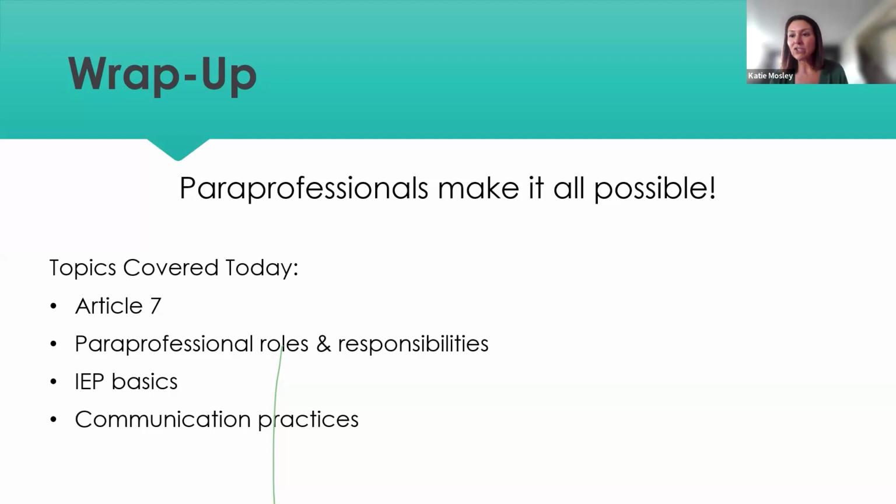It also talks about students who are homeschooled, because even though a student is homeschooled, they could still qualify for special education services. So it talks about how to handle those situations. If you ever have a question about it, I'm more than happy to answer it. And if I don't know the answer, I'll go to Article 7 for you and find that answer out. It's really important to know that it is our law that we have to follow, and everything's in it. And it is online, and there's a lot.